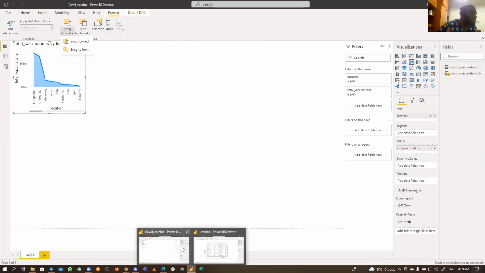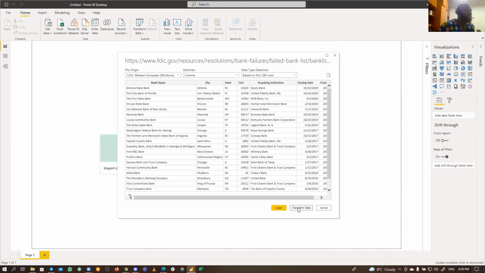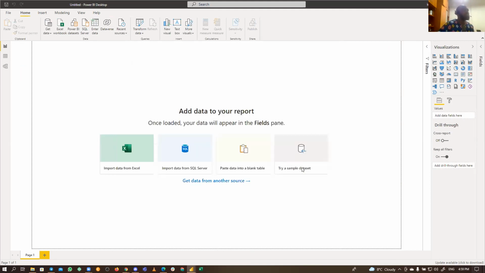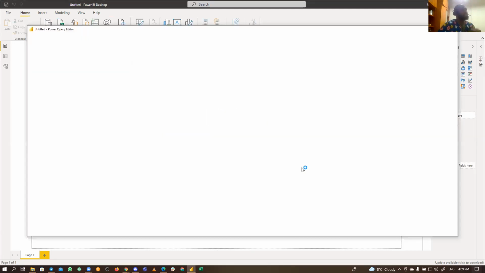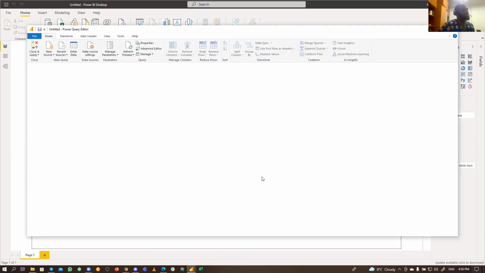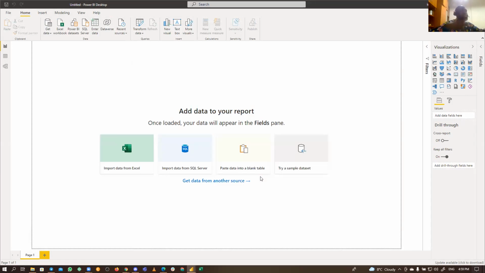I think it's high time I close this so it doesn't distract me. Okay, so what we are going to do is transform this data. So click on transform. We are not loading directly. We want to transform and see what we can do to it, more like play around with the data and try to restructure some things. What you are going to have there is what you have in your Excel view, so you're not loading the data directly. You want to try and make some changes.